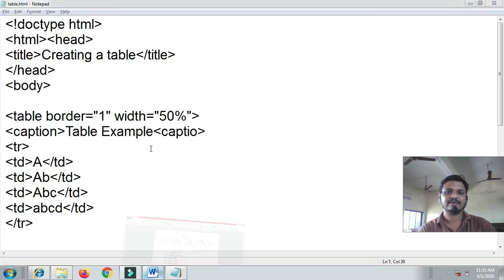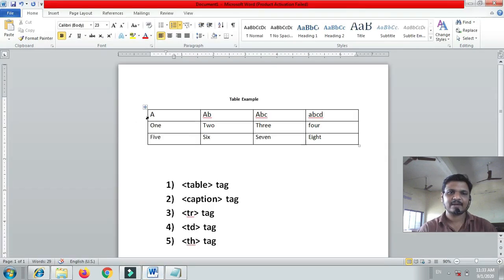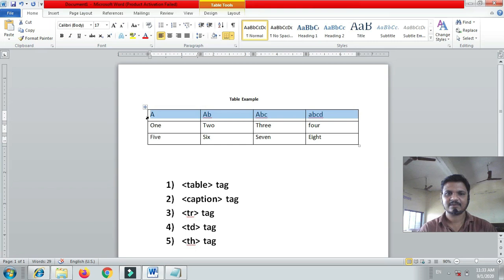See, if I want to add a proper heading for the table, for example, I want to write column 1, column 2, column 3, and column 4.